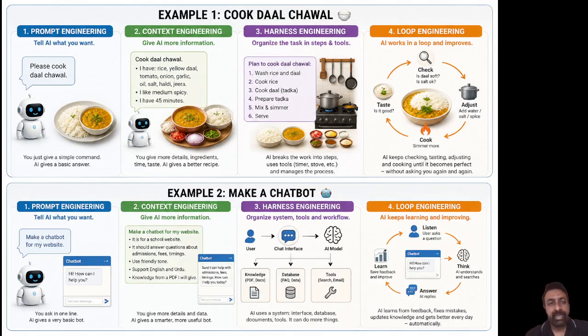So far, our stack looks like this: prompt engineering controls the instruction. Context engineering controls the information, because we have added the information now with the prompt. With harness engineering, we are now controlling the execution. So we had the prompt, the instruction; we have the context, the information; now we have the harness, which is the execution, the practical steps. Okay, so now we have all that. But